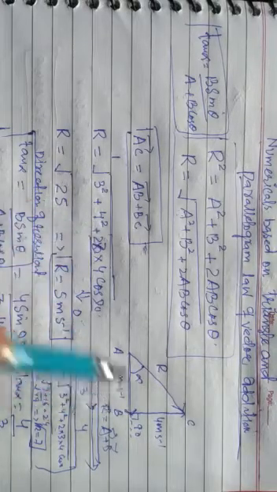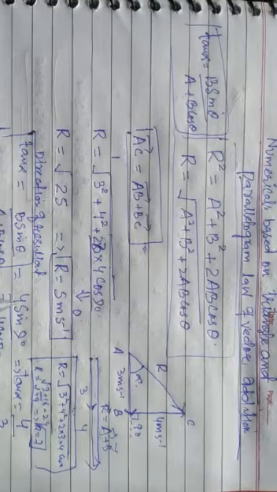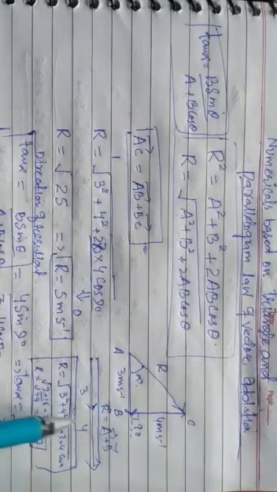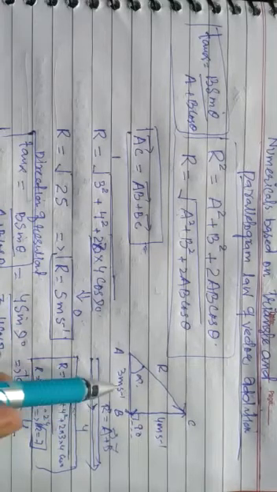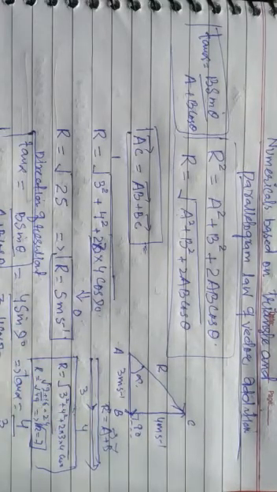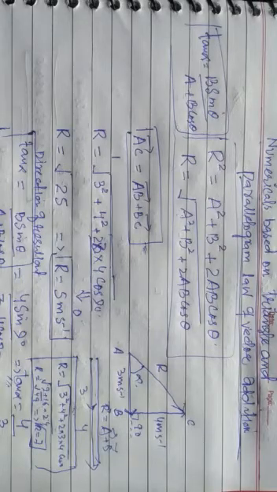Now in this very question, direction of resultant is given by tan alpha equals b sine theta by a plus b cos theta. Instead of b, we are having 4 sine, and theta is equal to 90, divided by a is 3 plus b is 4 cos of 90. It comes out to be tan alpha 4 by 3, or alpha is equal to this. So this is how we are going to calculate resultant.